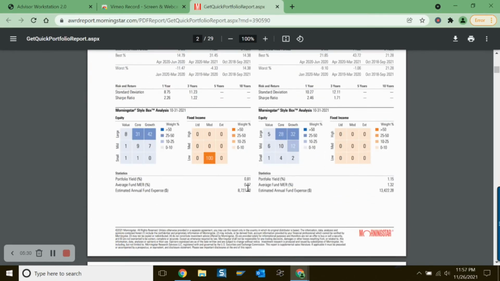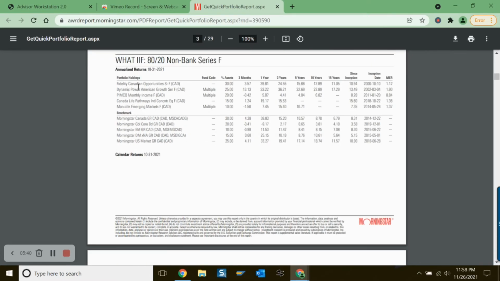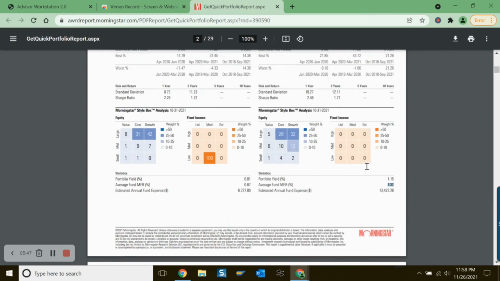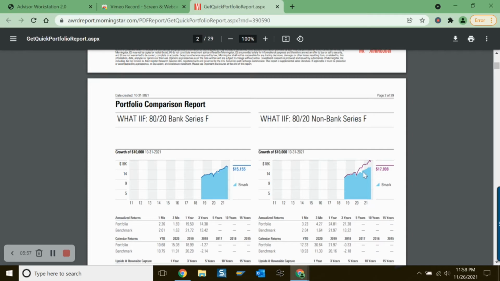Come down lower here, we're going to even see potentially what the MERs are. These are all F series, but again, non-banks in this grouping here, you're going to see Fidelity, PIMCO, Dynamic, Canada Life, Manulife. You mean flagged for having higher MERs, but even with that higher MER, and again, no advisor fee included, performance is more